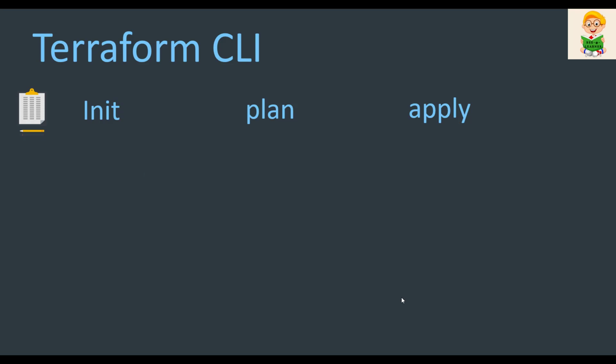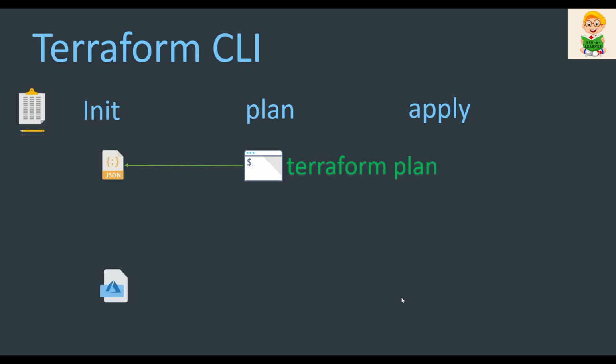Next we have the terraform plan command. The syntax is again the same, terraform space plan. Terraform plan evaluates the plan based on the Terraform code or configuration which you have written for your infrastructure as code. It checks the state file, then compares it with the remote provider, in this case the cloud, by calling the APIs. It gets the desired state configuration, and based on the changes it finds, it generates the plan.